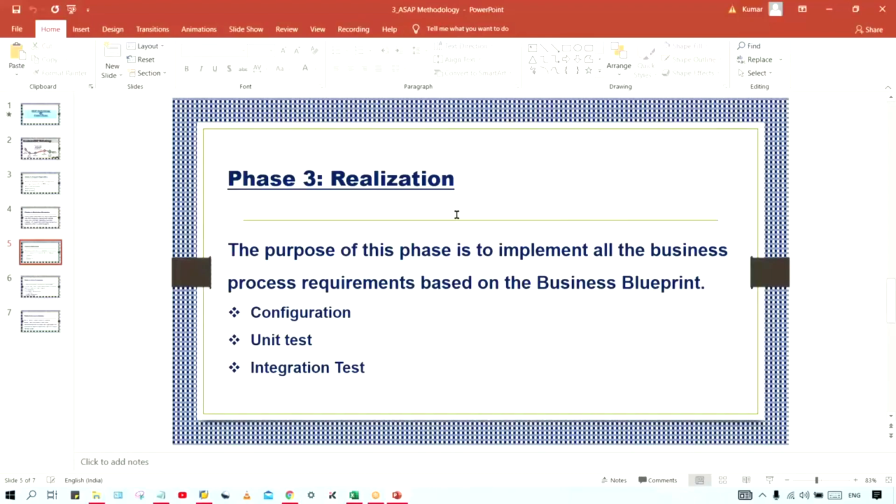If you go for an interview, most of the questions will be from this realization phase, because we have to do multiple configurations, and from every configuration people can derive multiple scenarios and ask scenario-based questions. Realization means all the configurations we have to do.